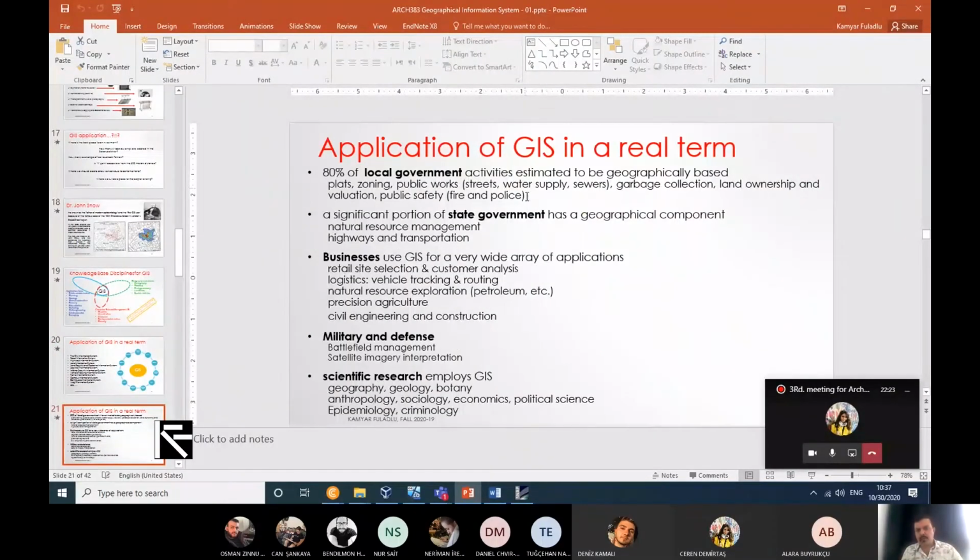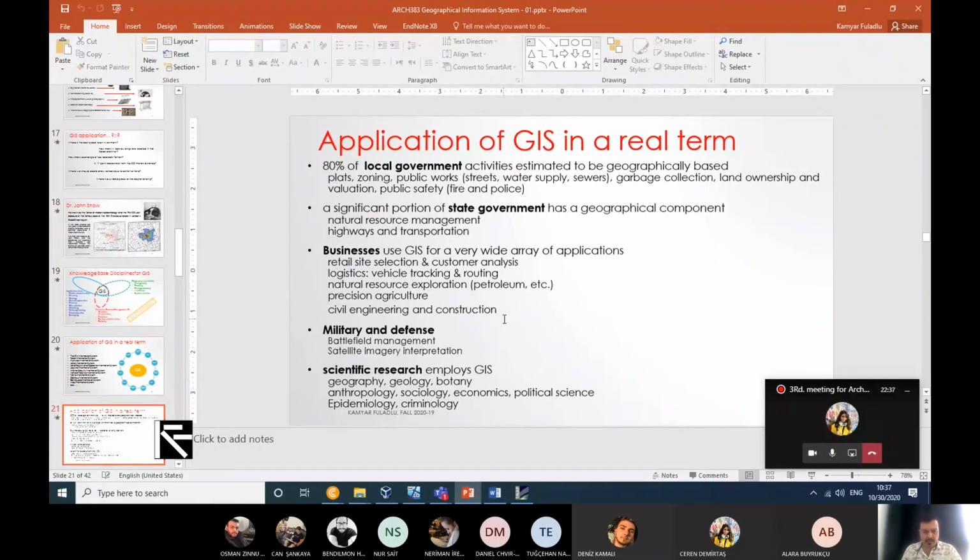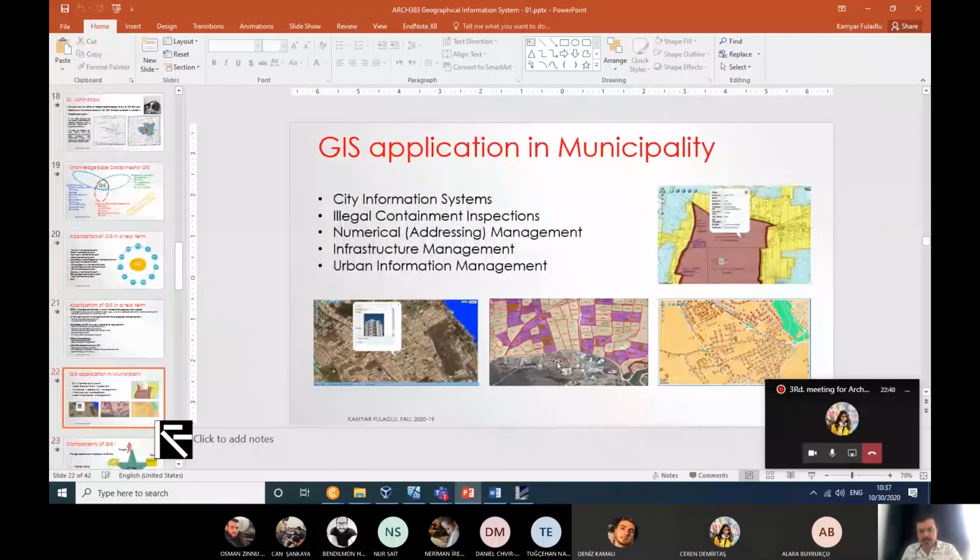Also, we categorize some of these real-world applications based on local government, state government, business, military and defense, and science research. And these are other ones which are typically used in TRNC, the Turkish Republic of North Cyprus, in Kakatice. We use an information system. It started recently, like 6 or 7 years ago. I think in magusa.org, if you go to the website, you can see this